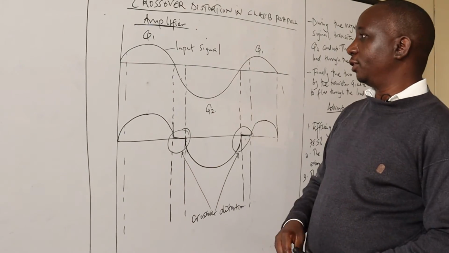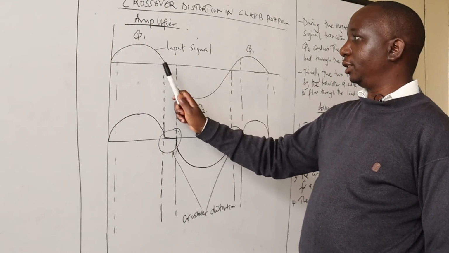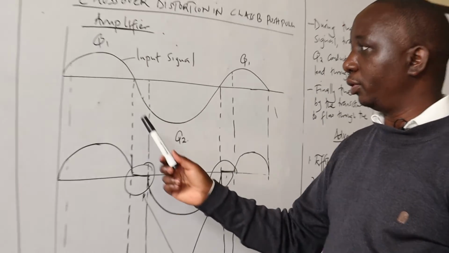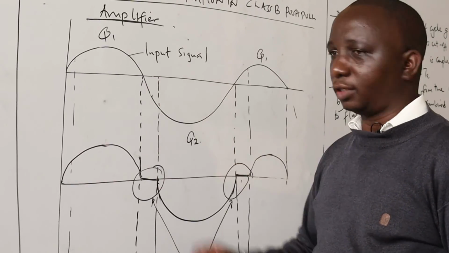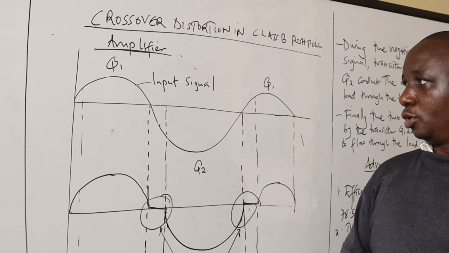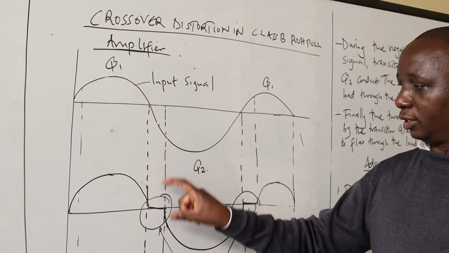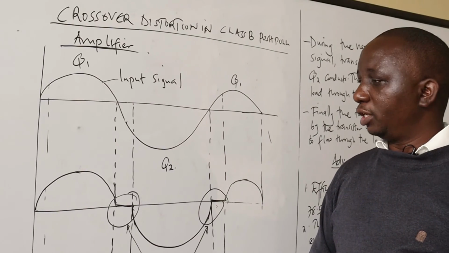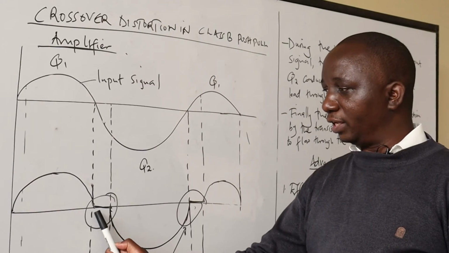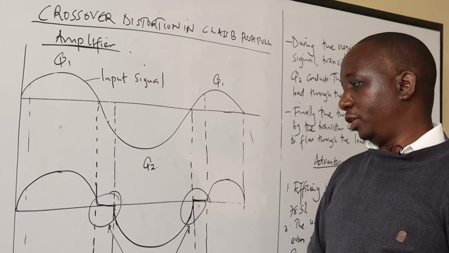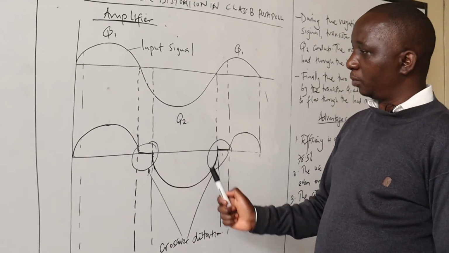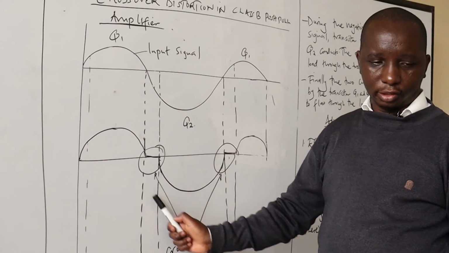When you have the transistor in this manner, this transistor will conduct until half of the input AC is on. But at the second point, because of the biasing of the transistor, there will be some delay for us to overcome the barrier voltage. So this point at which the transistor goes off is mainly due to the barrier voltage, and it must be overcome by the input signal. And therefore, there is a delay in switching of the next half cycle of the AC input. Because of that, we get what we refer to as crossover distortion.